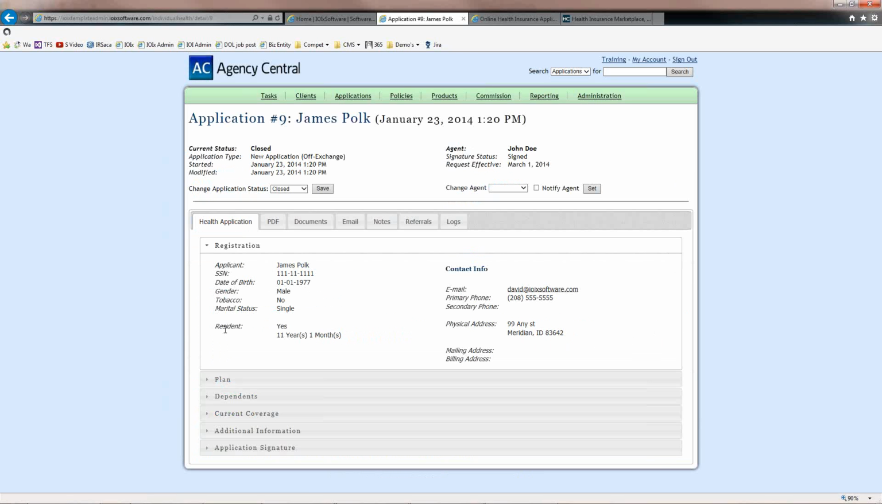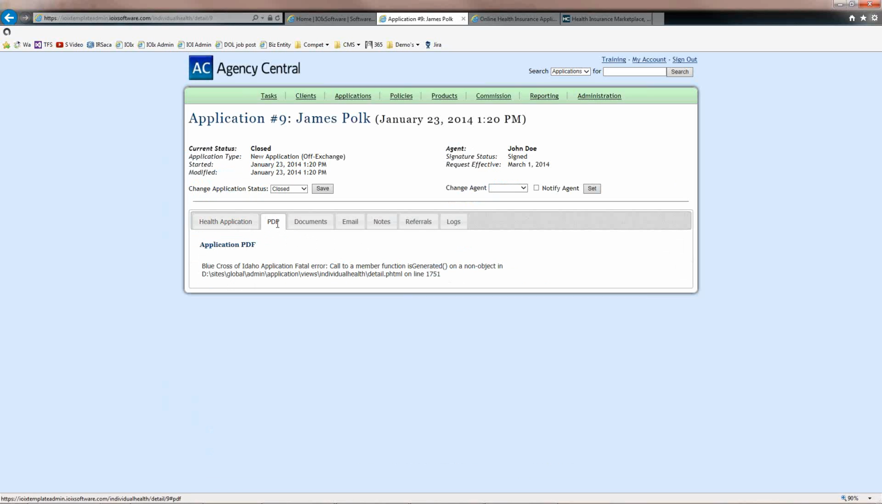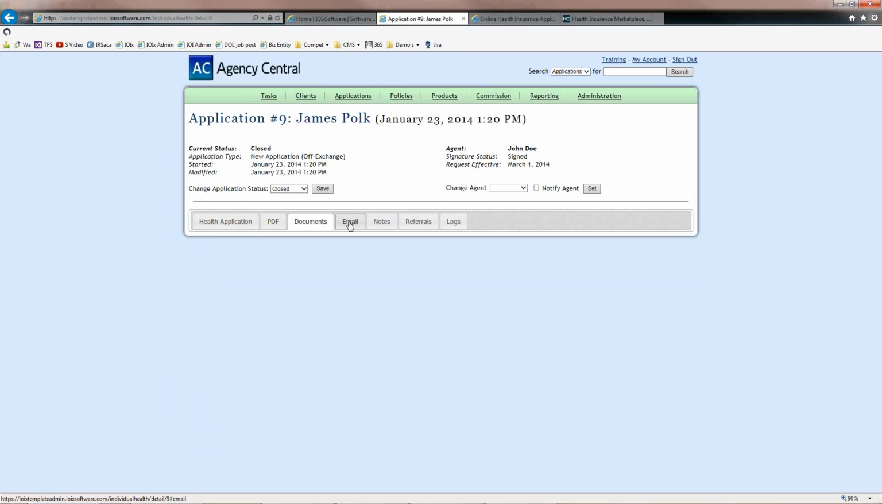So now if I go into James Polk, I see all of the basic information. I can see, for example, and it's going to say fatal error on this one because we didn't actually send it to Blue Cross, but I would be able to pull this up as a PDF file and actually view the application that we sent to Blue Cross. And then if I click,